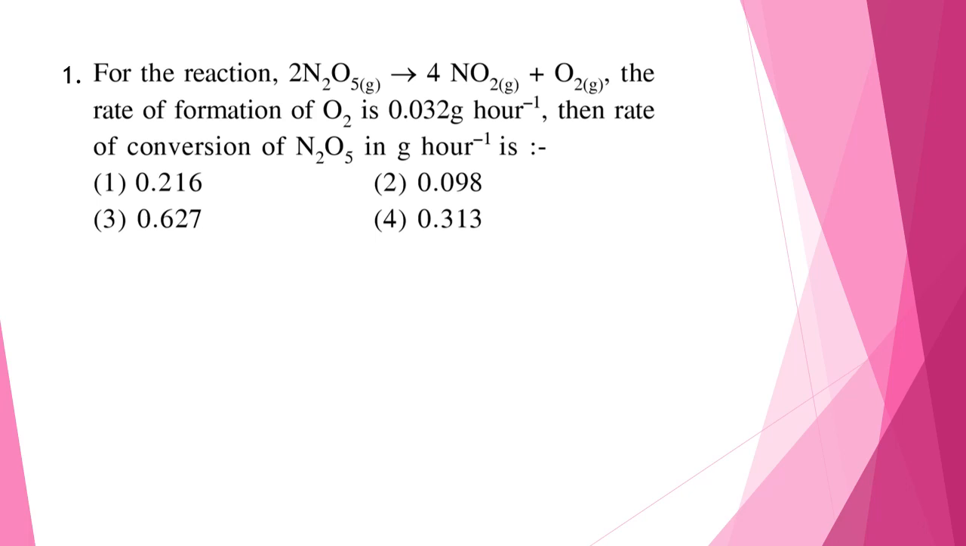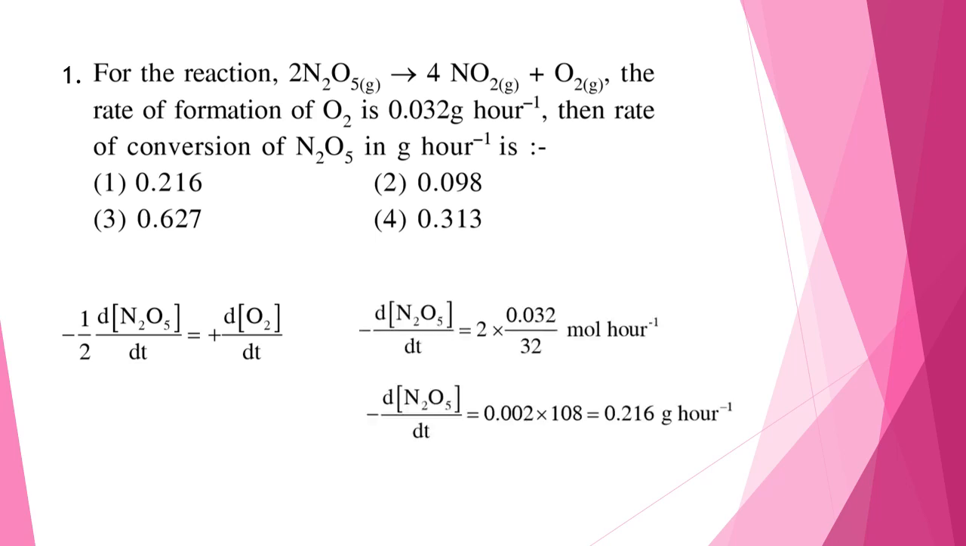Question 1. For the reaction 2N2O5 gives 4NO2 plus O2, the rate of formation of O2 is 0.032 grams per hour. Then rate of conversion of N2O5 in grams per hour is. Now we know that the reaction is, minus half d[N2O5]/dt is equal to d[O2]/dt. So therefore we can say that